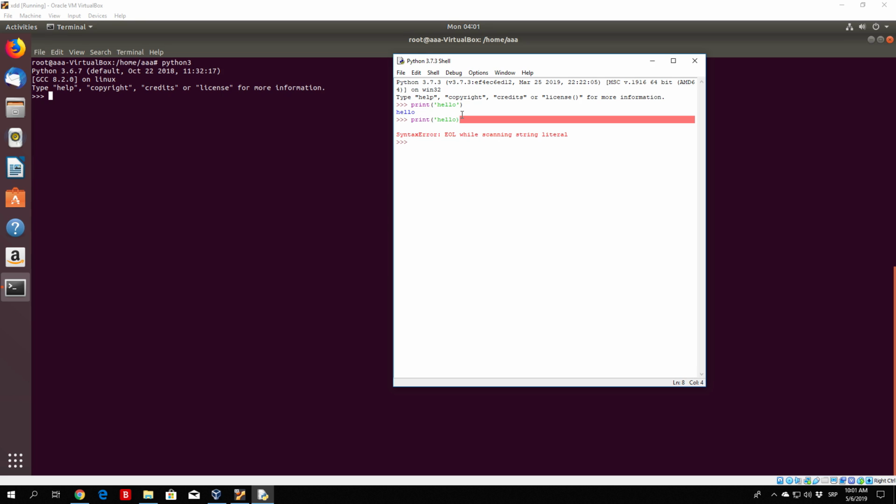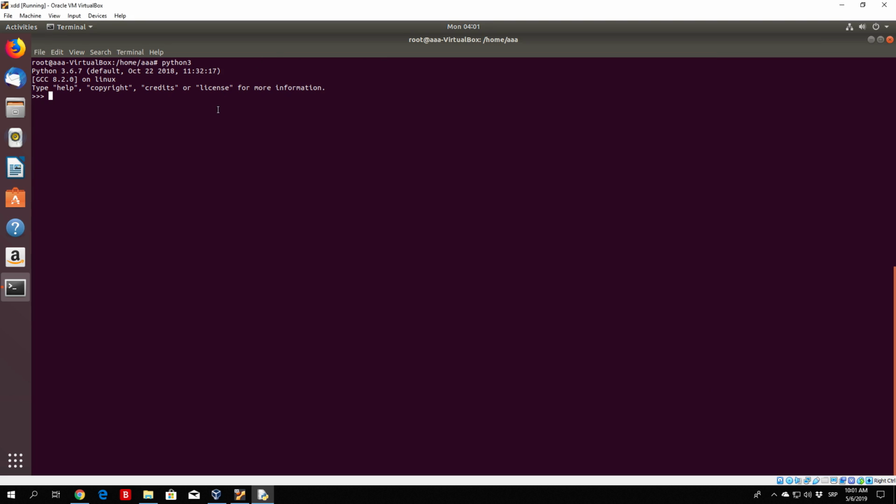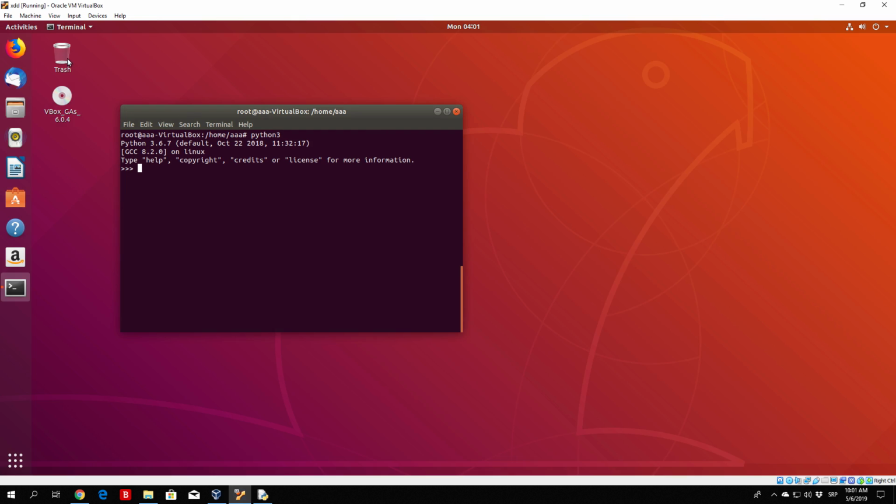So in order to open IDLE, I already told you, you can just go to the start, type IDLE and open the IDLE for the version you want. On Mac OS, you open the IDLE by opening Finder, clicking on Applications, and then Python 3, and then on the IDLE. In Ubuntu, you can either type it like this, just type in your terminal python3, or I believe, let me just check out right here, if you go to the